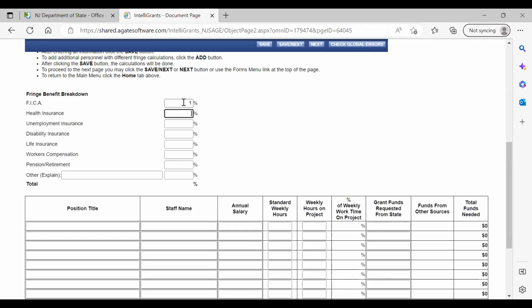So I'm just putting the number 1 here, right? And so it'll say program. If you have 2 program coordinator positions, they have to be unique, meaning that Sage needs to be able to identify which program coordinator is which. So you would put program coordinator 1, and then you would put in Luke Skywalker, right?